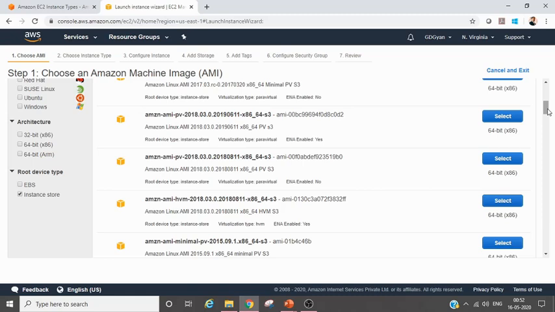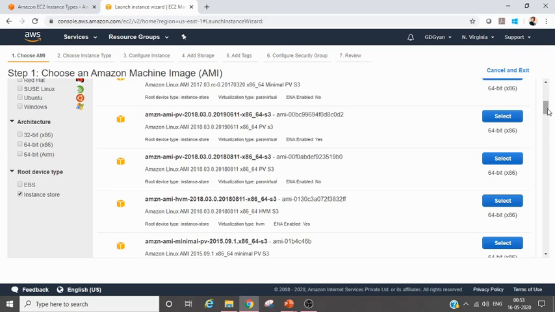So if you have EBS, you can reboot, you can start, stop, but you will not lose your data. Instance store, you don't have the option to reboot, but if you stop or if it gets forcefully stopped, you will lose your data. So this is the thing. It is not a very useful method, but I don't know who are the people who choose this kind of root volume.